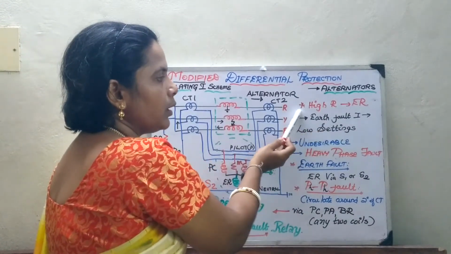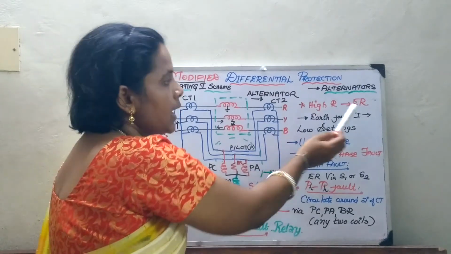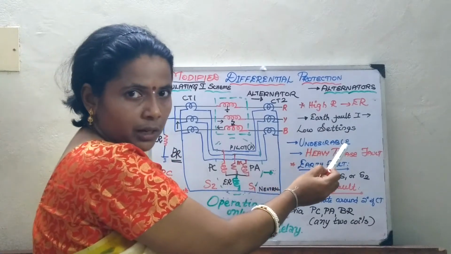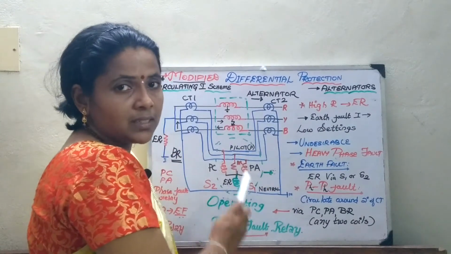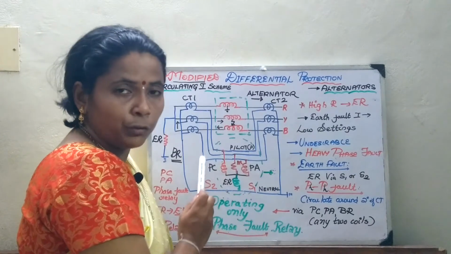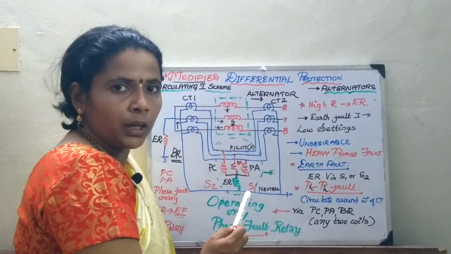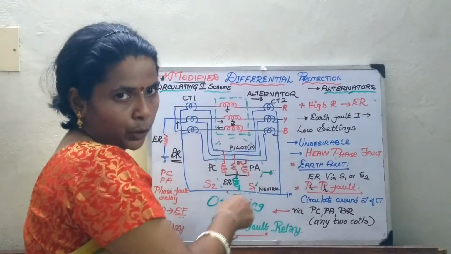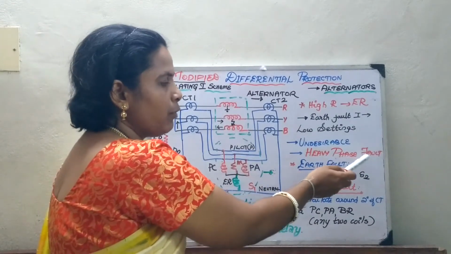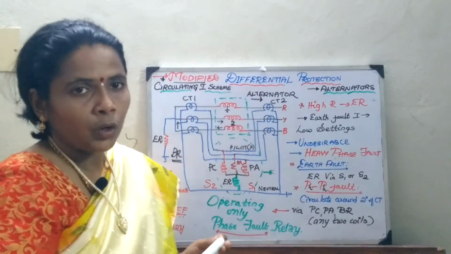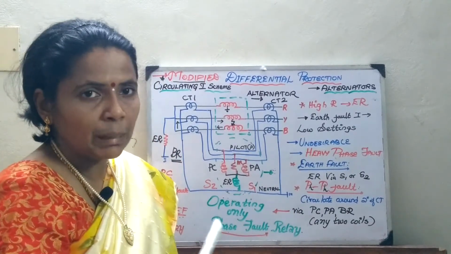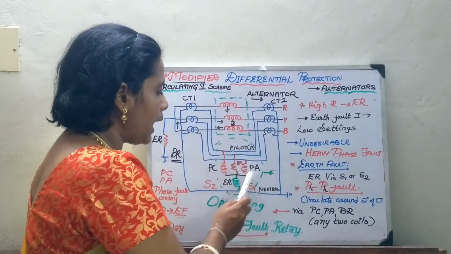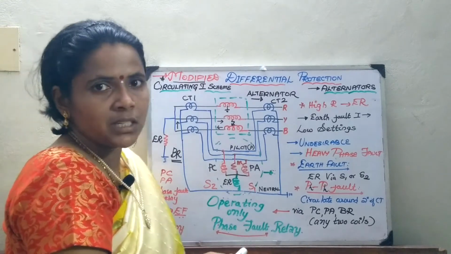So, what was the drawback in the earlier scheme? It was a high resistance due to the earth fault condition, which results in a low setting of the earth fault relay. Whenever I place the settings, the relay setting should act both for the earth fault as well as for the phase fault. So there comes the undesirability in the circuitry, since a heavy phase fault must also be considered. Now, for this you modify it with a separate criterion: an earth fault relay of low setting and comparatively a high setting relay for the phase fault.